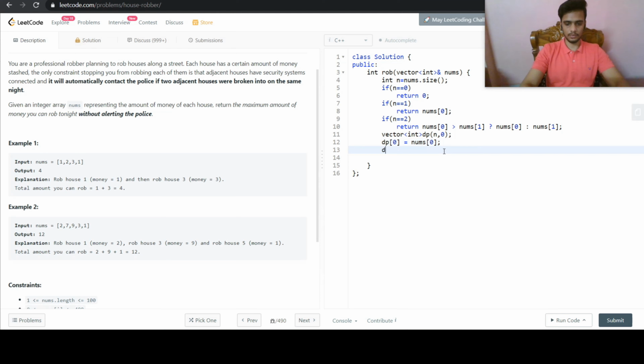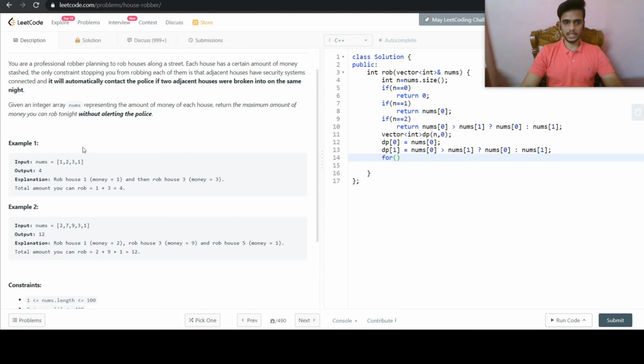And if there are only two houses, then whichever has the maximum value will be given to dp of 1. So till two houses we are able to make the decision, and from the third house the decision making differs a bit from the first two houses.